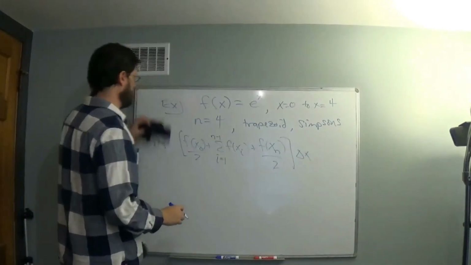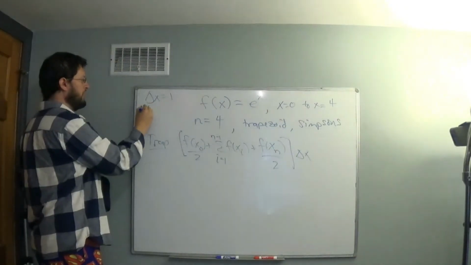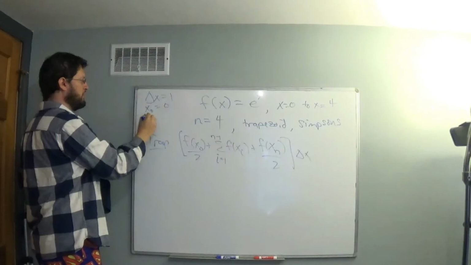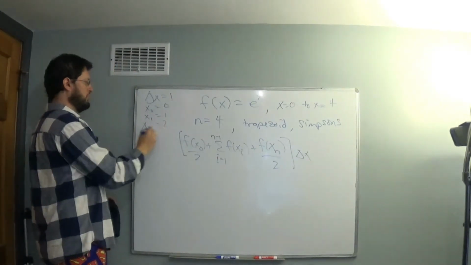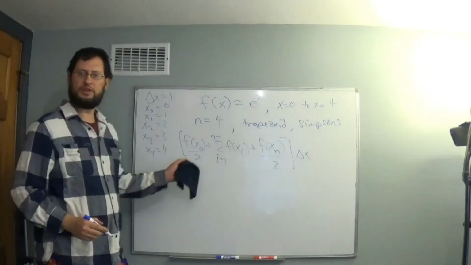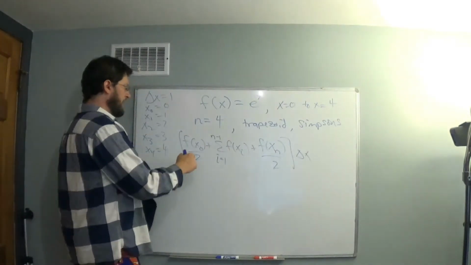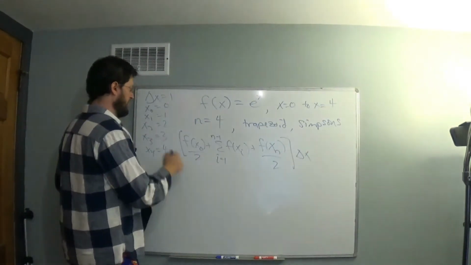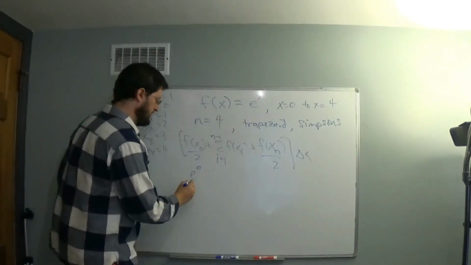Okay, so let's save those over here. Delta x was 1, x0 is 0, x1 is 1, x2 is 2, x3 is 3, x4 is 4. So if we put these into the formula for the trapezoid rule, that's going to be f at x0, which will be e to the 0, because f at x is e to the x, e to the 0 over